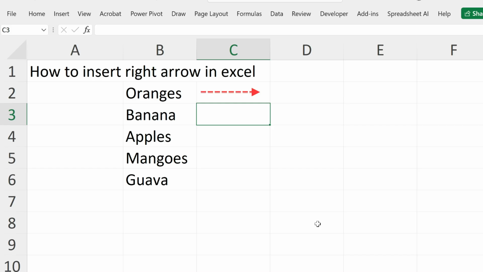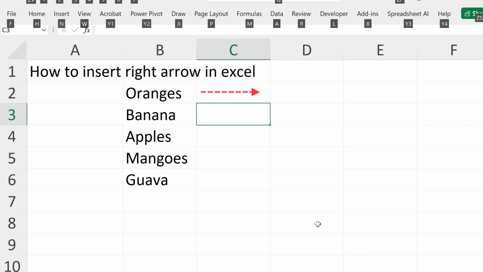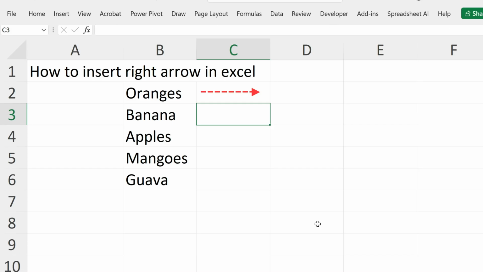If you have a numeric keypad on your keyboard, you can use the Alt codes to insert arrows instantly. Hold the Alt key and on the numeric side keypad, press 2, 6 and release the Alt key. Make sure this works using the number pad on the right side of your keyboard, not the numbers above the